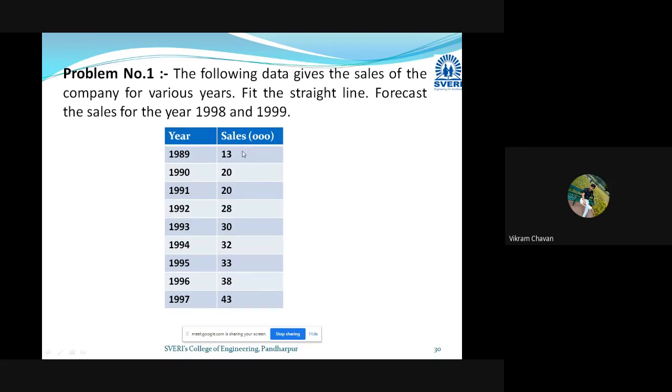Now here we have to remember that if the cell's value is provided with (000) in brackets, then that value will be in thousands. So here only the values are provided, but 13 multiplied by 1000, that is 13,000, is the sales value. But for the calculation purpose, we are going to consider only these numbers. And at the end, while finding the answer, only at that time we multiply with 1000. That will be the total number of cells for that particular forecasted year.